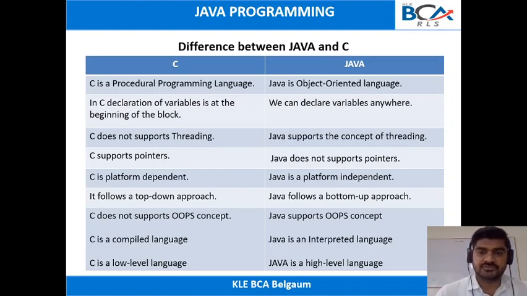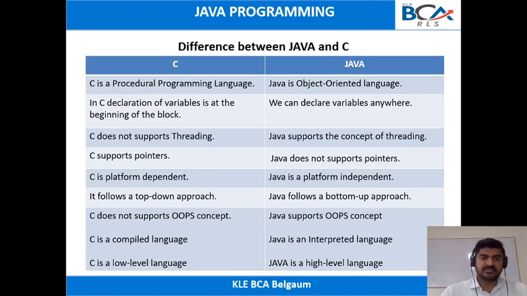Java is an object oriented programming language. In Java, everything is treated as an object. A Java program consists of variables and methods, or procedures or functions, and those variables and functions are treated as objects only. Java is based on object oriented concepts like object, class, inheritance, polymorphism, and abstraction. That's why Java is an object oriented programming language.